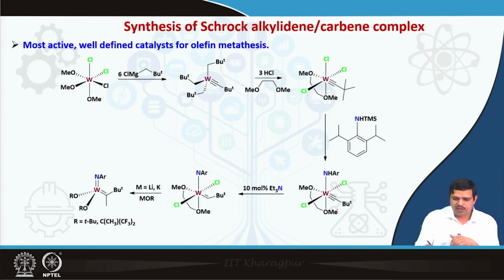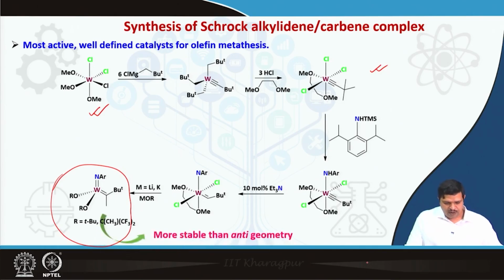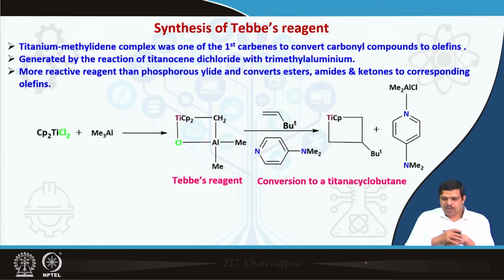So this is the synthetic protocol to make the tungsten metal carbene complexes, the Schrock carbene complexes. These are the synthetic strategy starting from this precursor. Okay, so similar here you will see it has been used as a Grignard reagent, it has been used as a nucleophile. Okay, fine. So this discussion will not be completed without mentioning the Tebbe reagent, okay, because Tebbe reagent